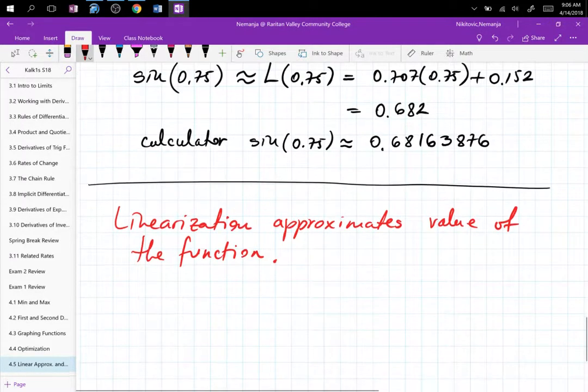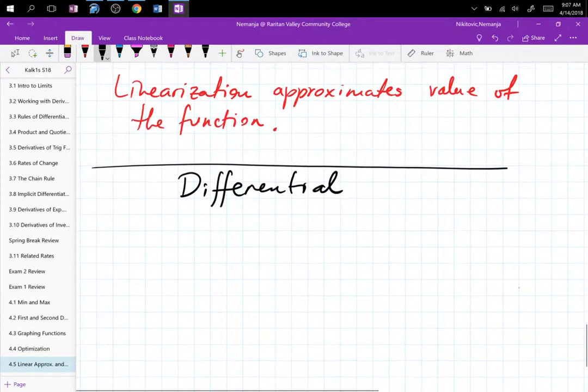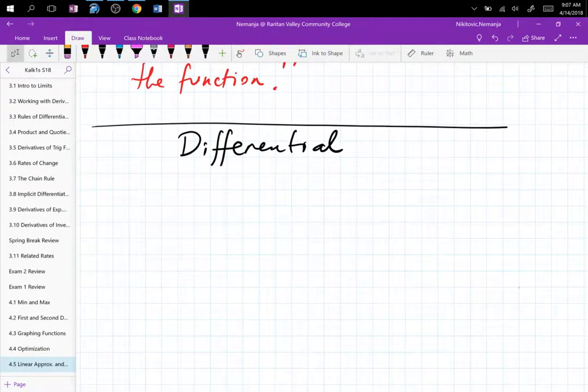And it's important to understand that because now we are switching gears, we are talking about the differential, and differential is going to approximate the change in value of a function. So it's going to be a little bit different. So now we're talking about differentials. I will start with the purpose sentence, which is the red stuff. So differentials